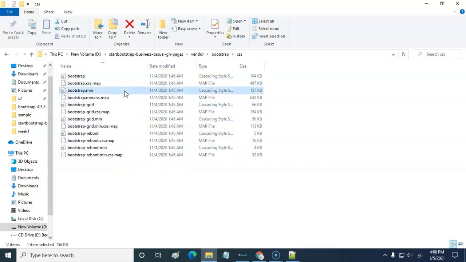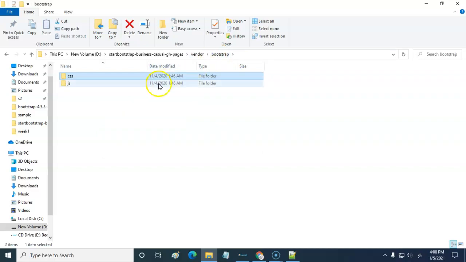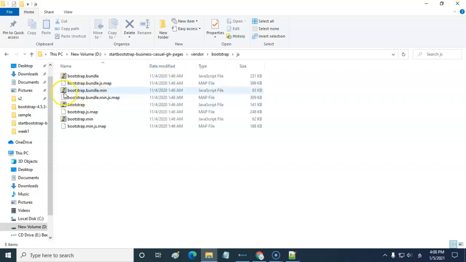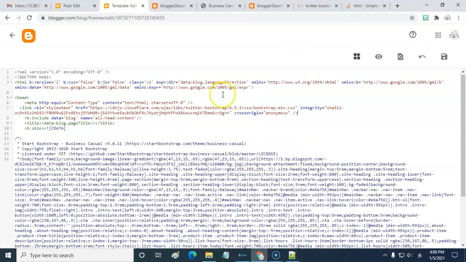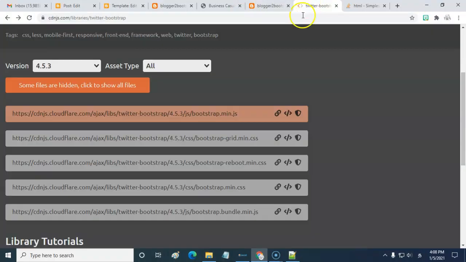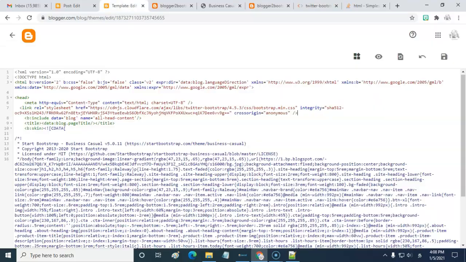We have already added the Bootstrap minified file. As of now, it is enough. Let me go to the JavaScript. Here I recommend using the Bootstrap bundle minified file. We can use the CDN for the JavaScript. Copy the script tag.